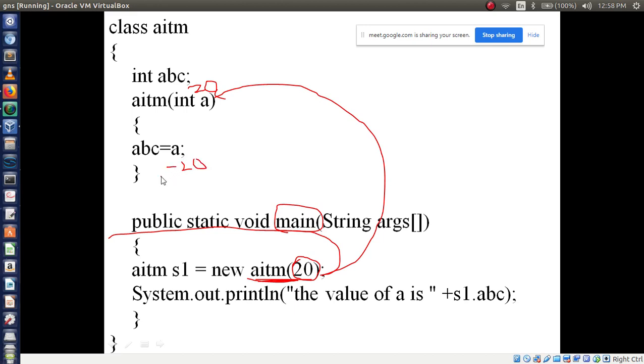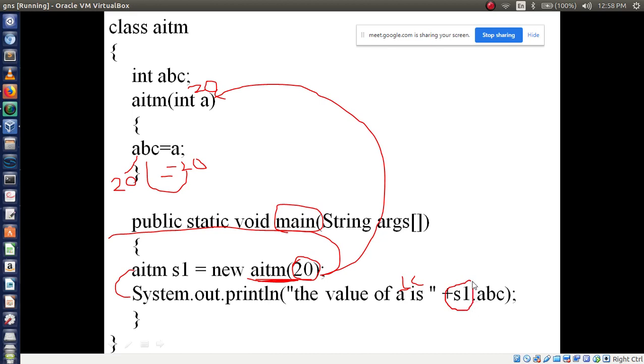Now a value is 20, it is equal to, where will it store? In abc. Now abc value is how much? 20. Now you are printing this line, abc. After taking this value, control comes to the next line. Here it finishes. You have written the closing bracket, so after closing, control comes again to the next line. What are you writing? SOP. What? Print the value of abc.